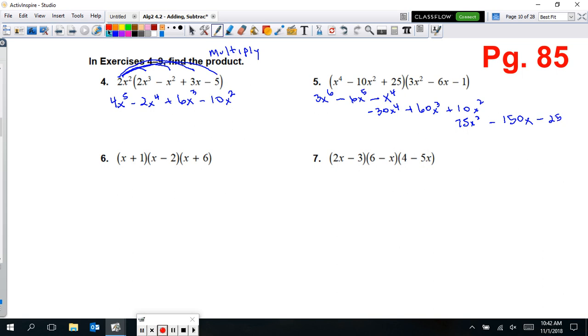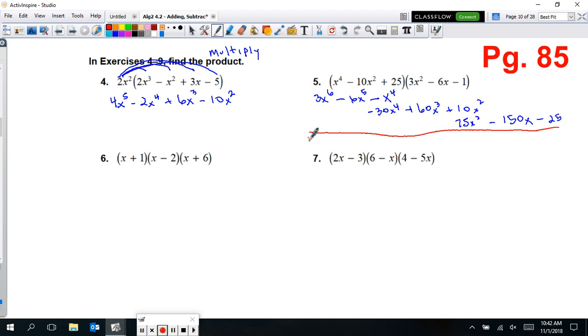Alright, so now we're just going to combine all these like terms together. So kind of one big long line here. Any like terms. So we have some that are on top of each other. Only actually these two are the only like terms that we have. The x to the fourth, the x squared, those will combine, but everything else is just going to be coming